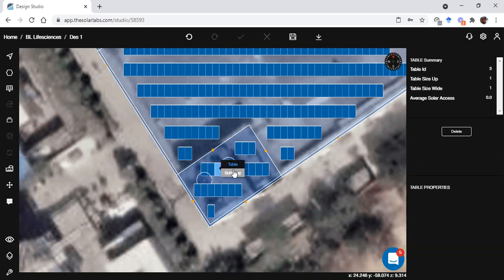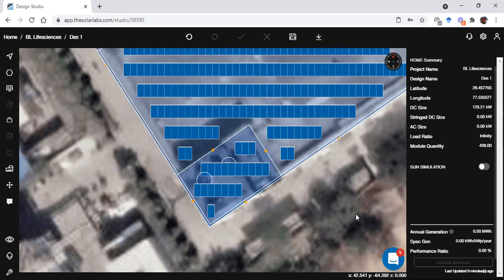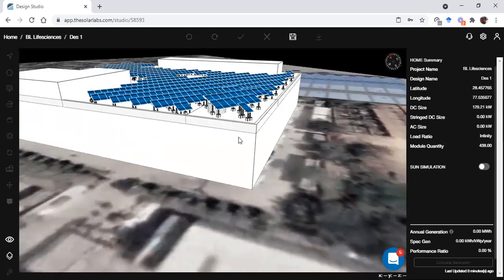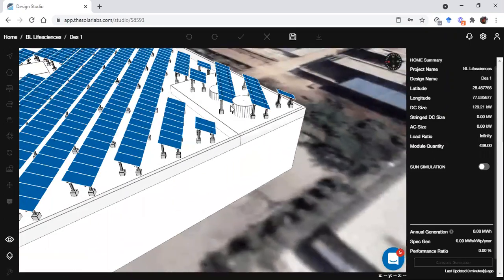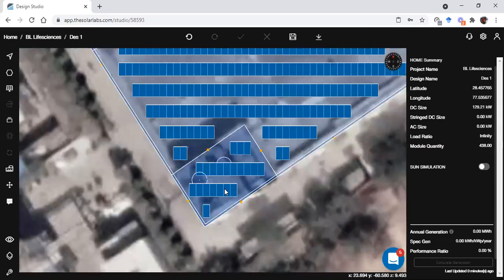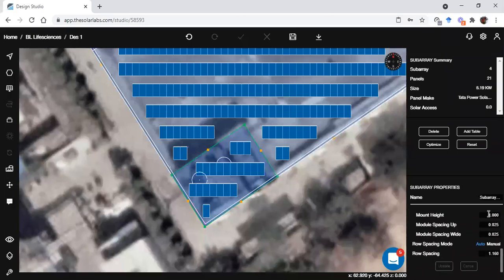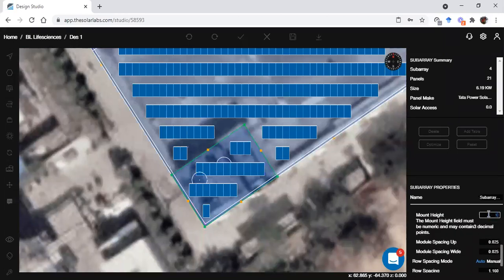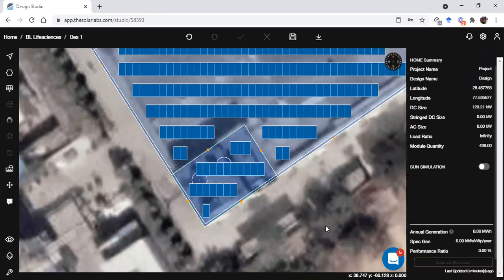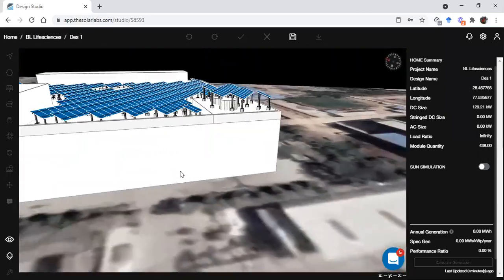So for that part we need to also increase our mount height. If I show it to you before increasing the mount height, it will cut the tank like this. So now I need to make sure that my panel's mount height is greater than my tank's height. And then replace the panels like this.